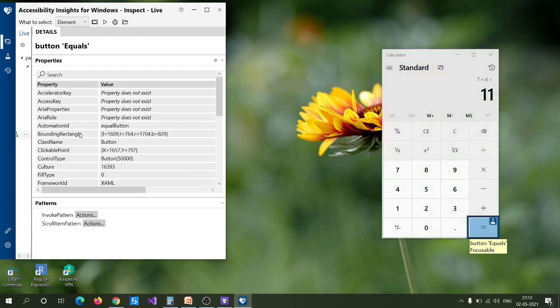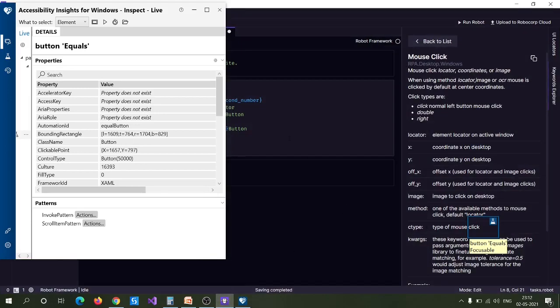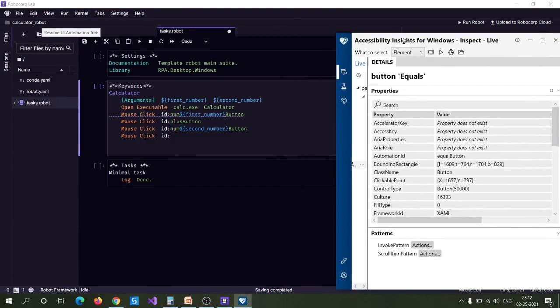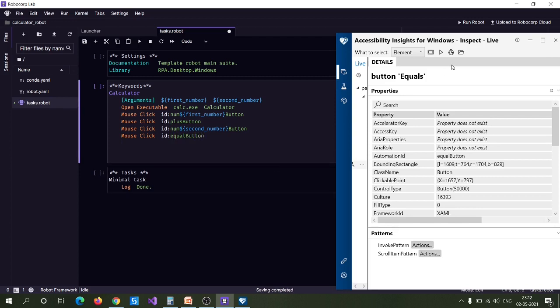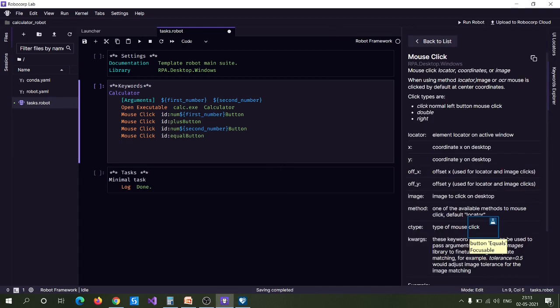We can see the value of automation id is equal button, and you can pass this as a locator for the equal button identification. So let me specify that here: equal button.